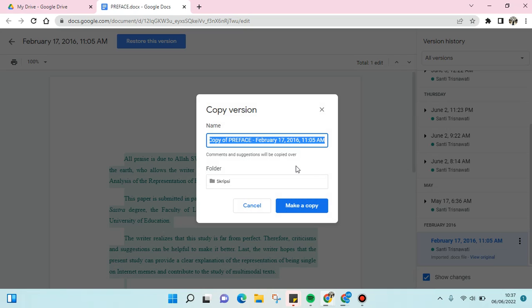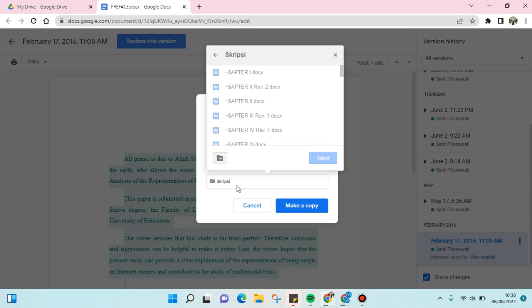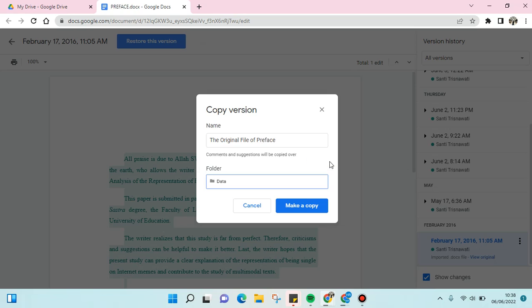So here you can rename the file. So for example, the original file of preface, for example, and then you can also choose the folder or the location where you want to save the file. For example, I want to change to save it in the data folder, and then click on Select